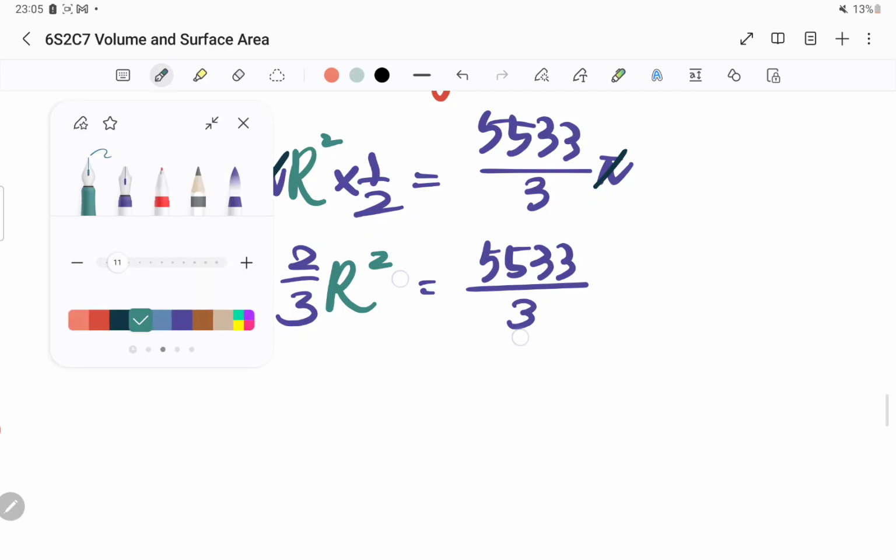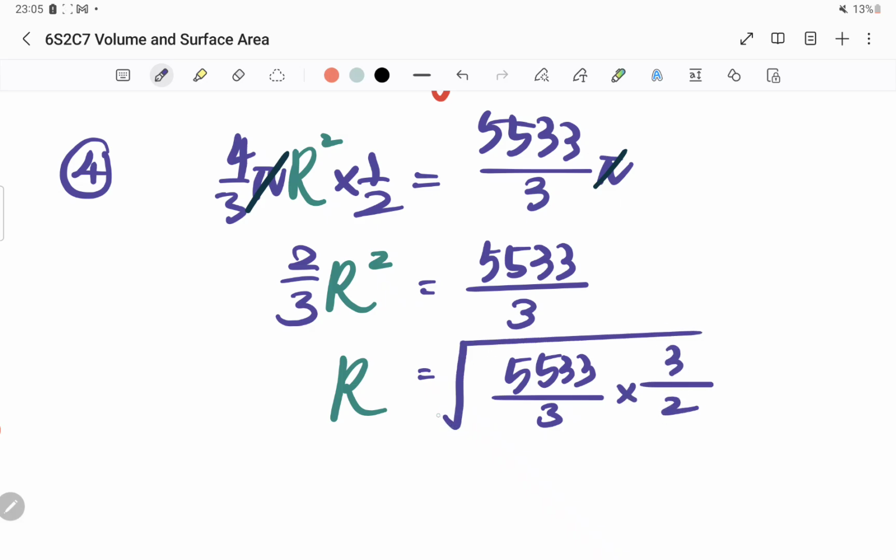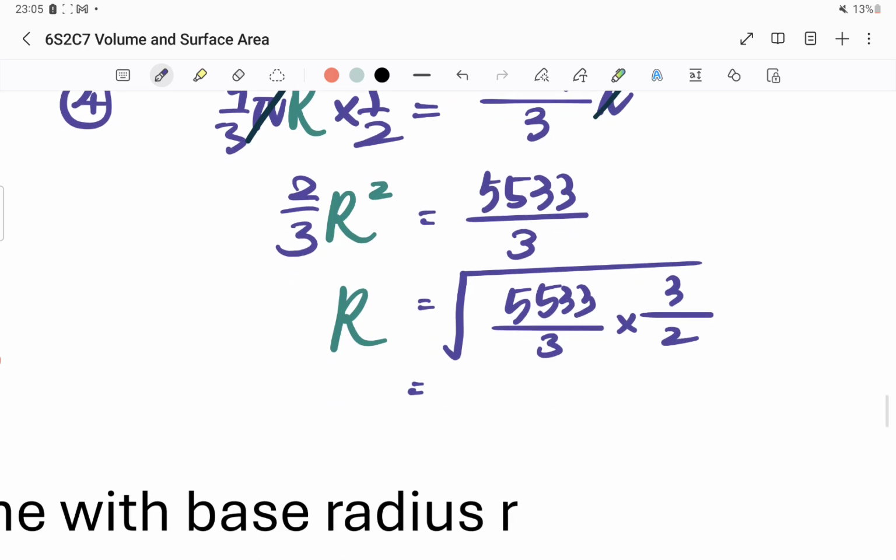Now what you're going to do, again as I mentioned last time, is push everything to the other side first. So 5533 over 3, you multiply 3/2, and you square root it. Then press into your calculator, press slowly: 5533 divided by 3 multiply 3/2. Then here your big radius, the new radius, should be